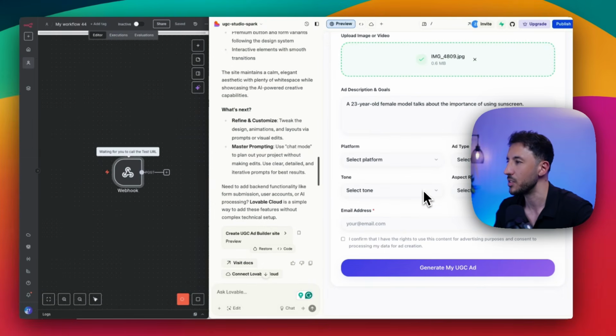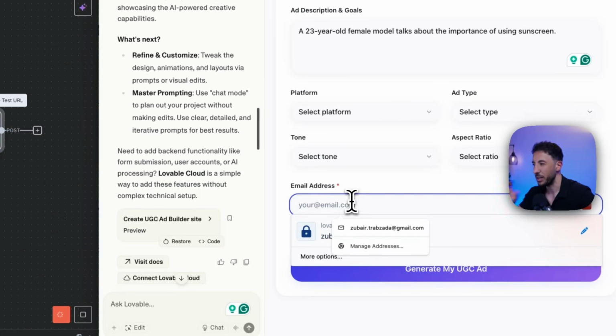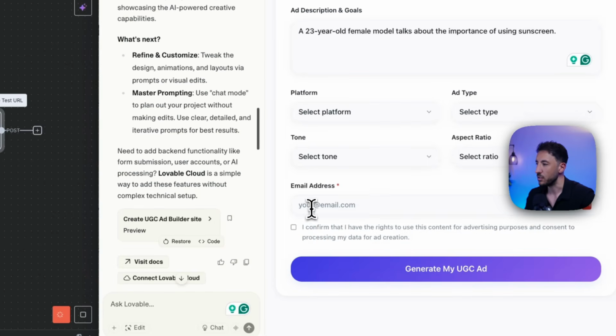But for now, like I said, it's fine. These platforms, you don't have to select this. Email, very important, because we're going to be sending this information or the AI UGC ad via email as well. I'm going to talk about that in a little bit and why. All right, so let's go ahead for now and just do